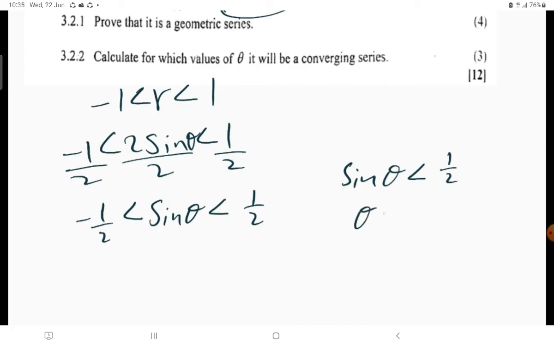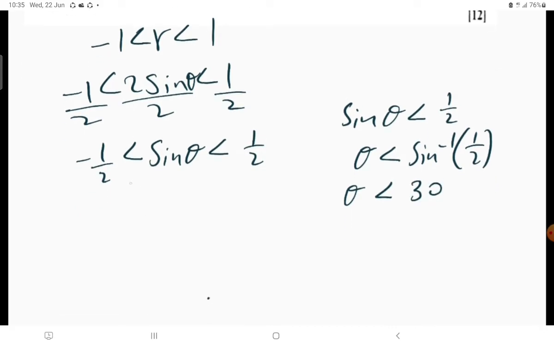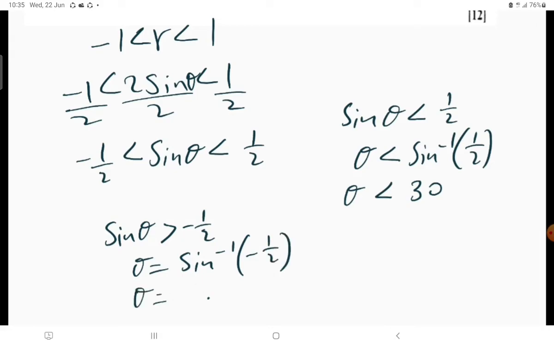Let's say we have sine theta less than 1 over 2. Then theta is less than sine inverse of 1 over 2, which gives theta less than 30. Then we also have sine theta greater than negative 1 over 2. So for sine to be greater than negative 1 over 2, we take the inverse of negative half, then our theta is going to be